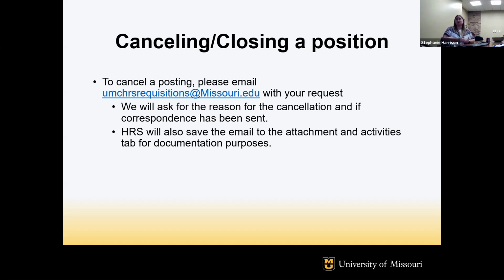We want correspondence to be sent out to our applicants because that's the biggest feedback we receive: that they never hear whether they're not being considered for positions, or whether the position has been closed out altogether. So that's why it's really important that correspondence gets sent out. Then what we do is save the information that you've sent us and attach it to the posting. That way, if in a couple of months somebody comes back and says, hey, why was this canceled?